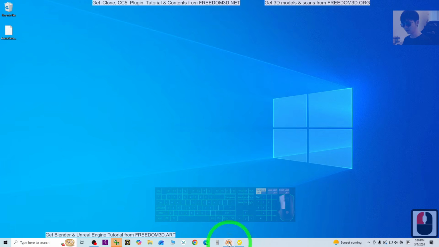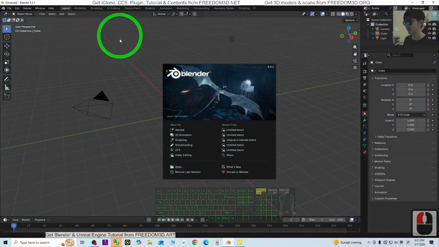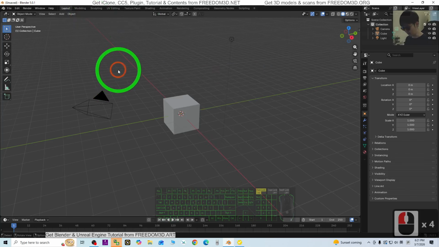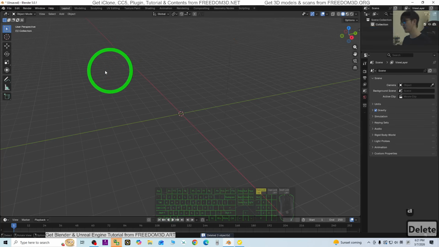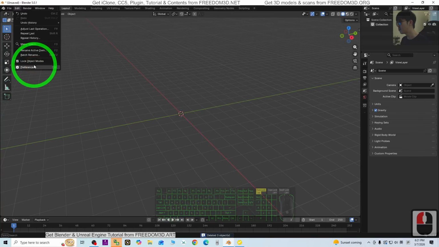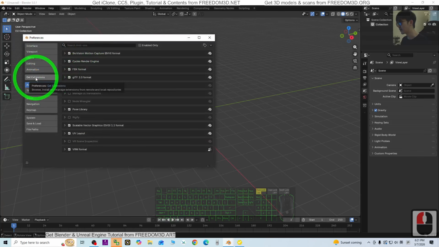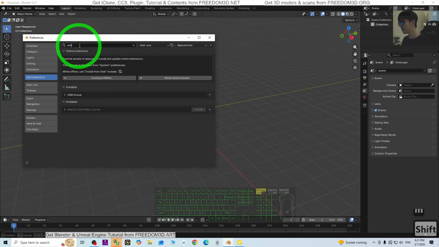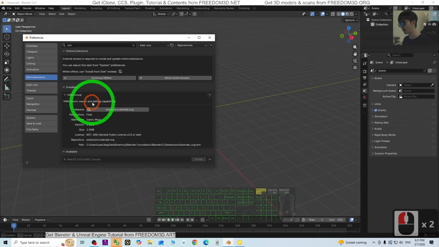Right. Next, you can open your Blender. This is Blender 5.0. The first thing you need to do is click the empty area, press A, and press delete to delete everything. Go to Edit, Preferences, and then go to Get Extensions. Then search for VRM. Make sure it is the VRM format, and click install. If you have not yet installed it, there will be an install button, something like this. Install it, and make sure your computer is connected to the internet to install the VRM